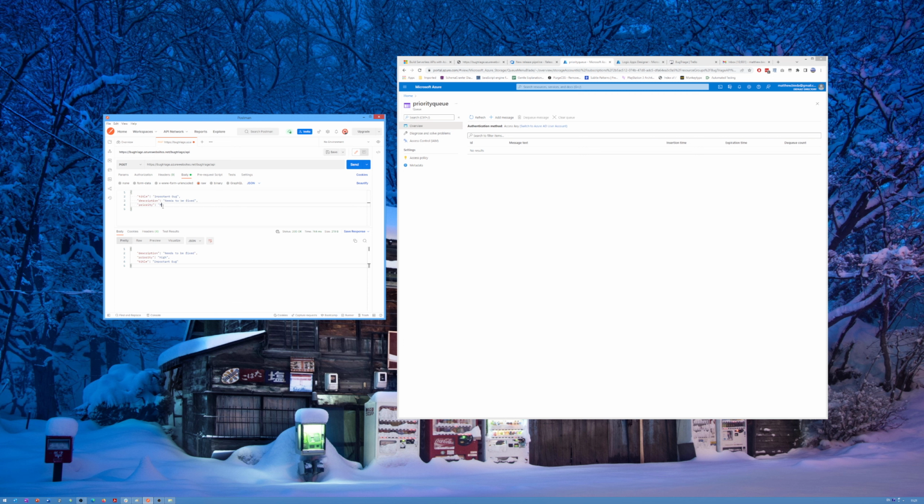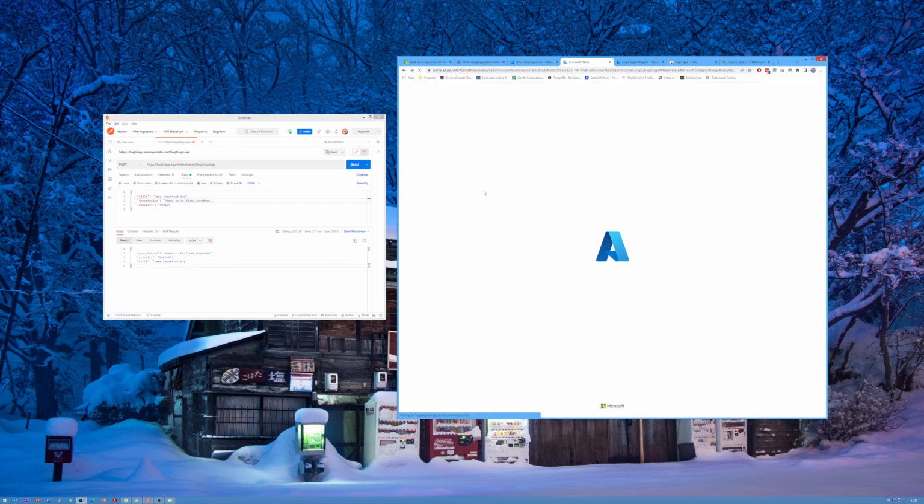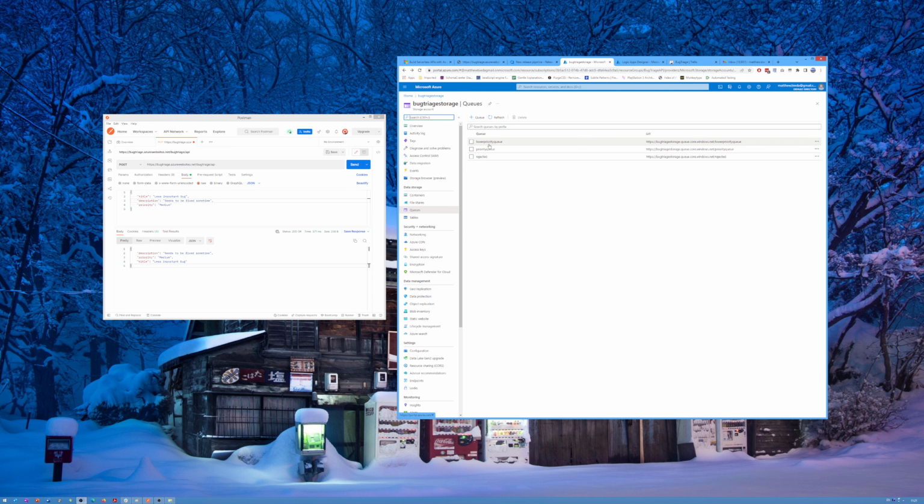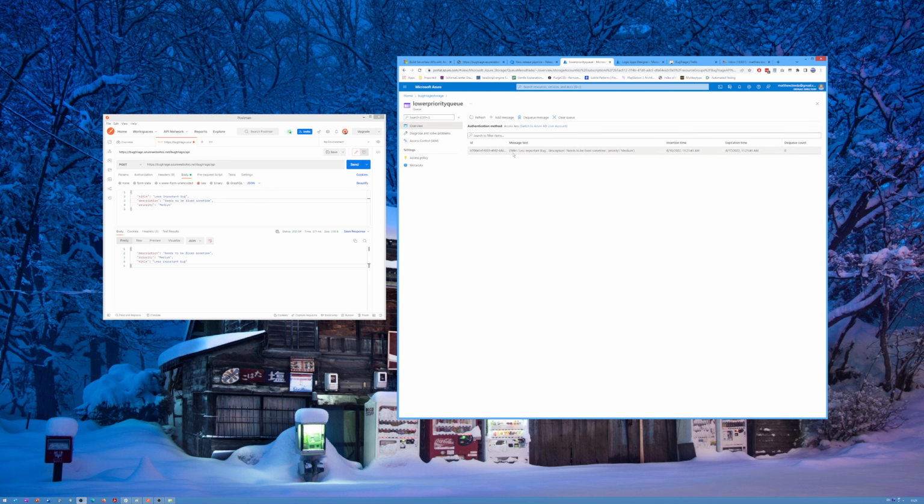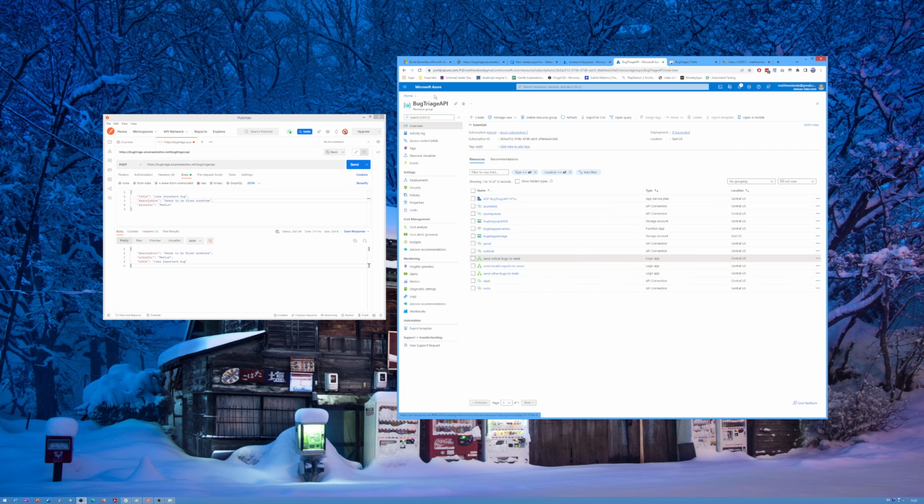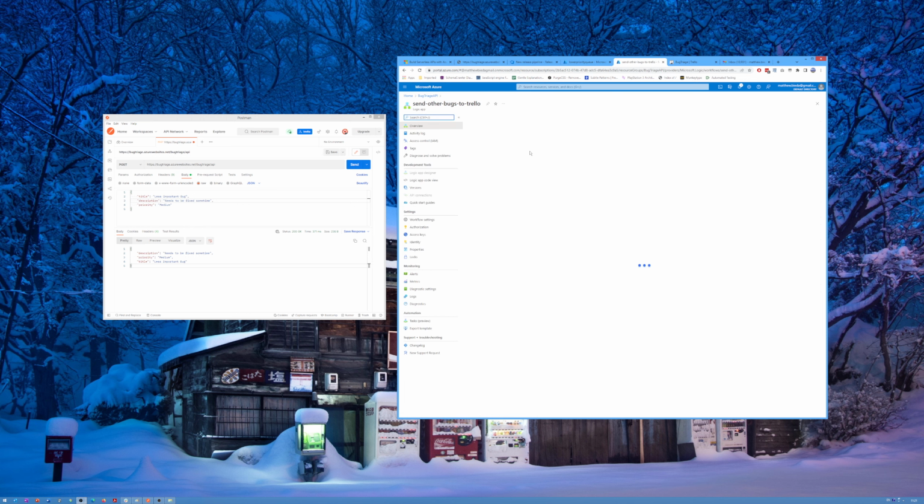So now I'll just demonstrate a medium priority bug. It's the same thing as a low priority. It will just get forwarded to Trello. Say it's a less important bug that needs to be fixed sometime. And we get another JSON response back. And we can go have a look at the low priority queue, and we can see the message I just pushed. And then if we check out the Trello logic app,